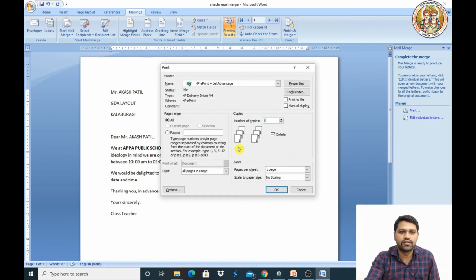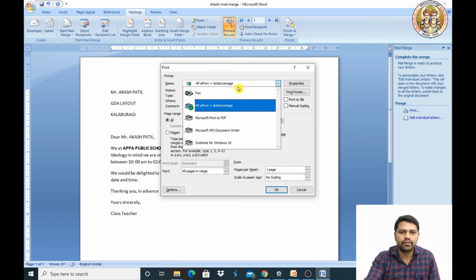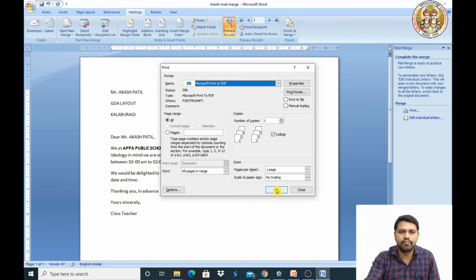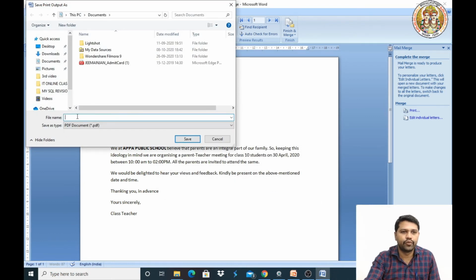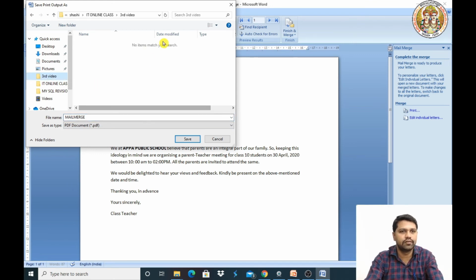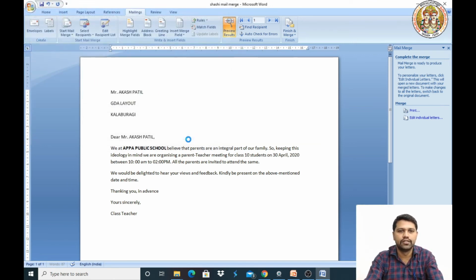Take all records and it will be saved as a PDF. Where you want to save it, I want to store it in this folder. Click on save. So now it is available.